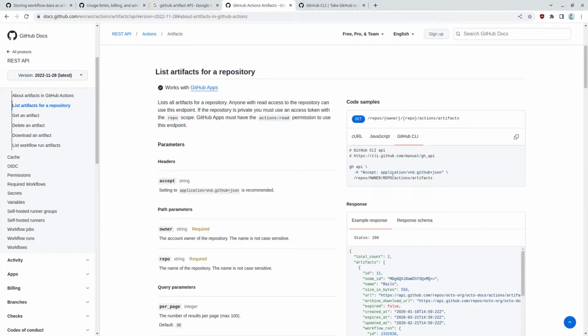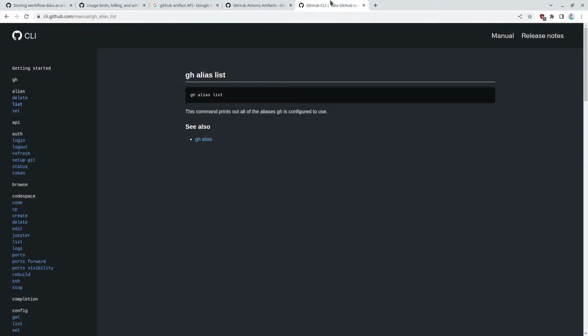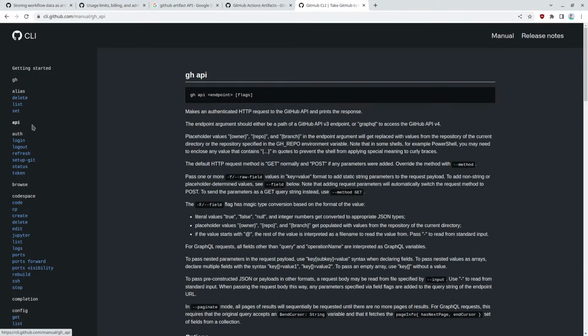What's the API? What's it called? GitHub API accept artifact. Or is it just API? Oh, this literally just does